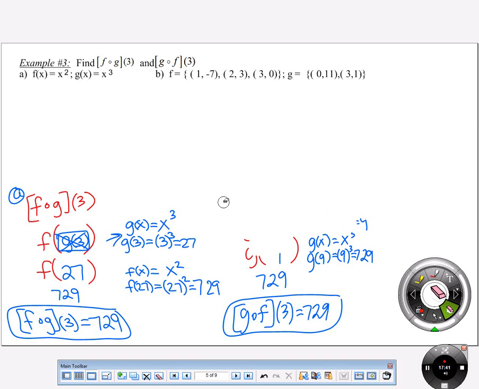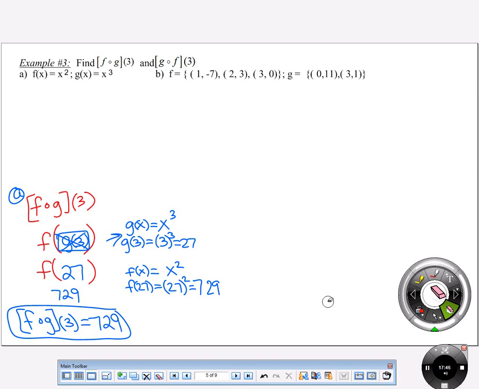So let's look at part B and then find f of g of 3 and g of f of 3. Okay, so for f of g of 3,